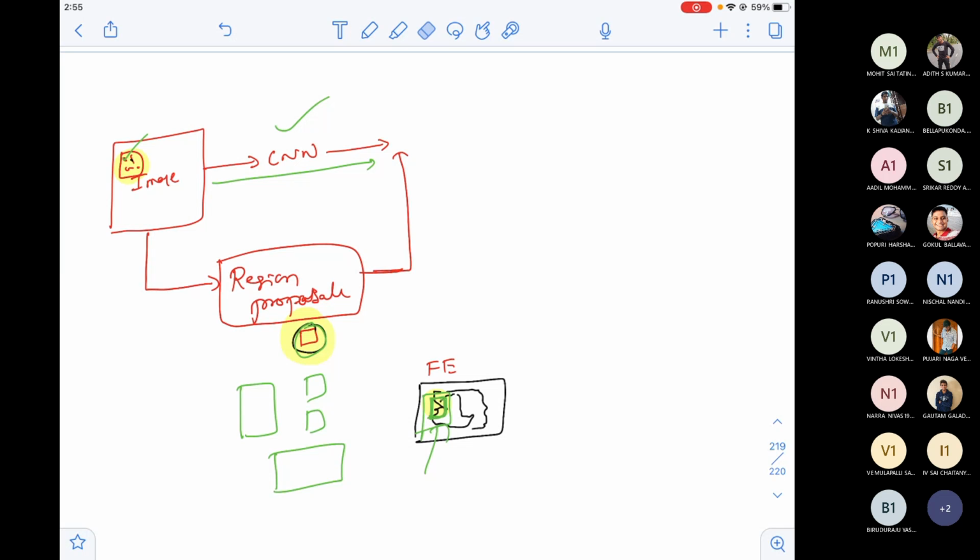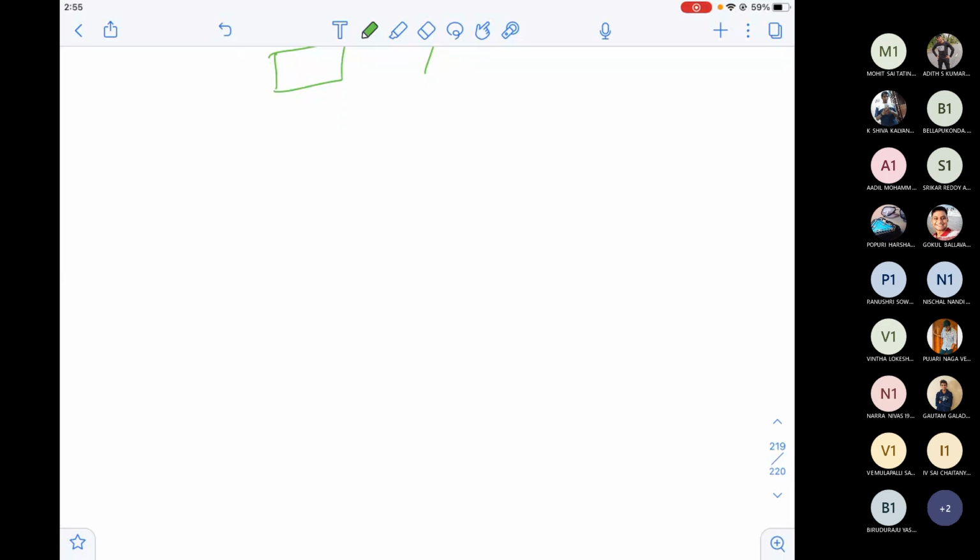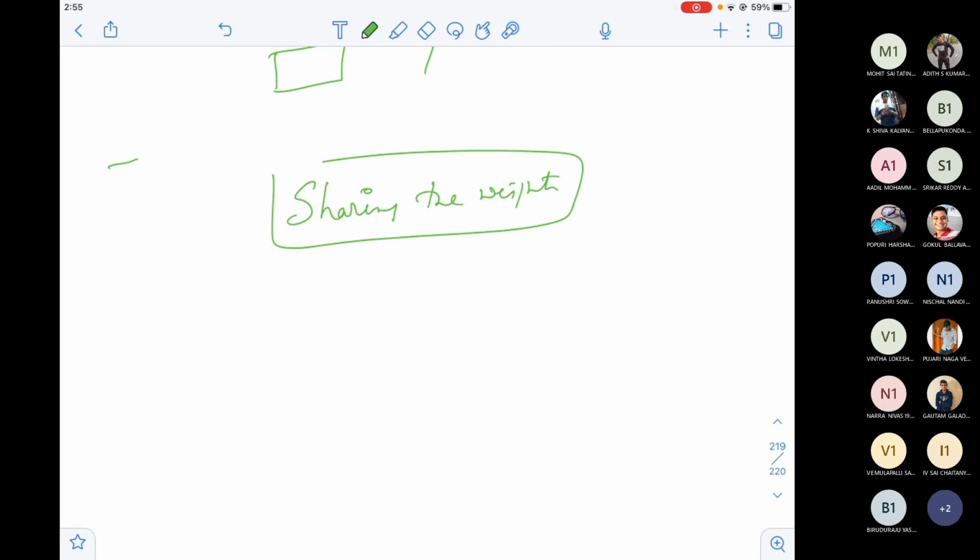Why? The reason is, see why CNN is very popular. Because you're sharing the weights. For example, if my filter is 2, 10, 20, 30, the same kernel is convolved through the entire image. That means the weights are getting shared, so the number of weights that I need to update will be less. So that's the reason CNN is taking less time when compared with DNN. That's one of the main reasons.